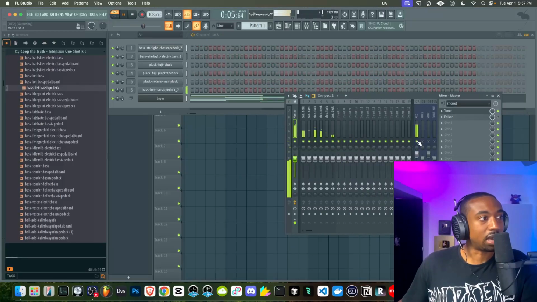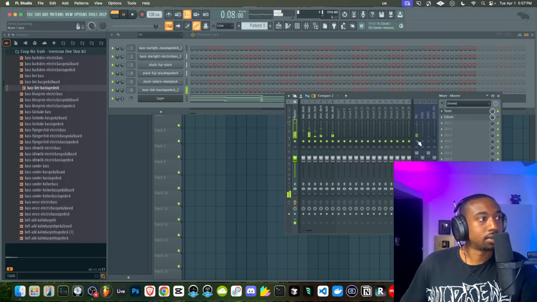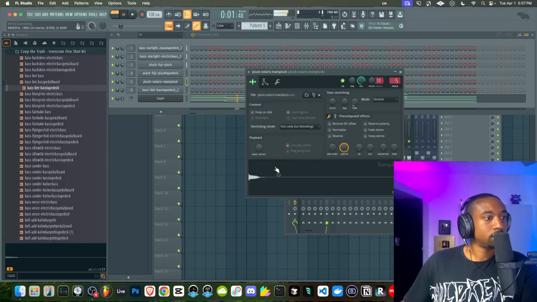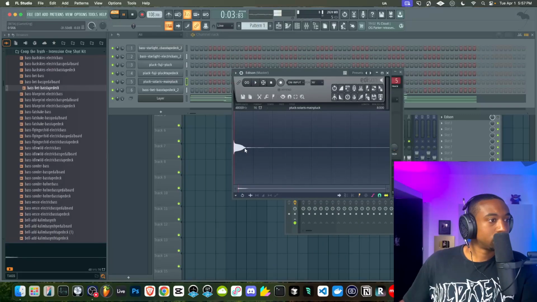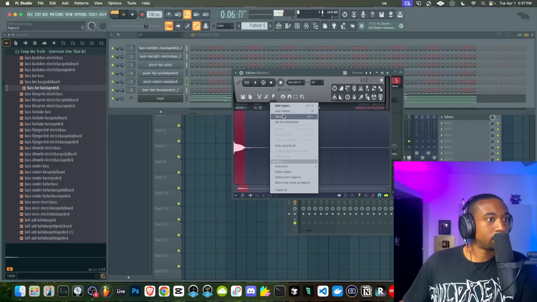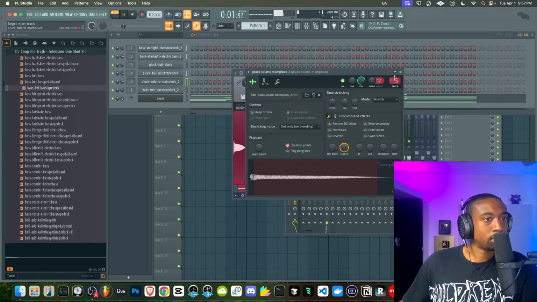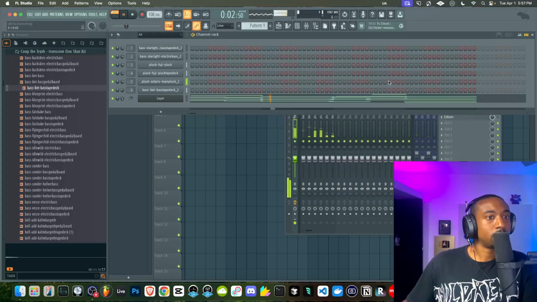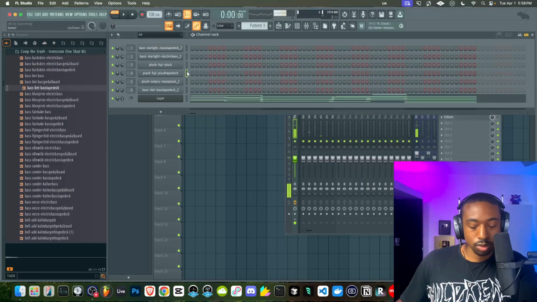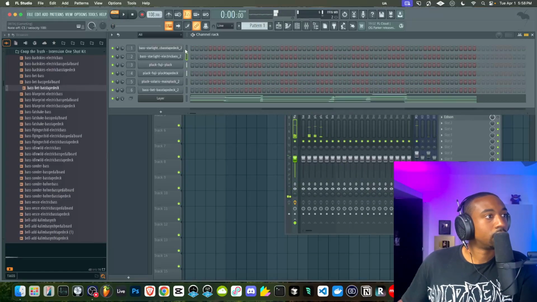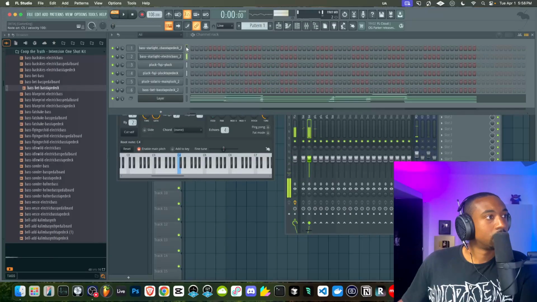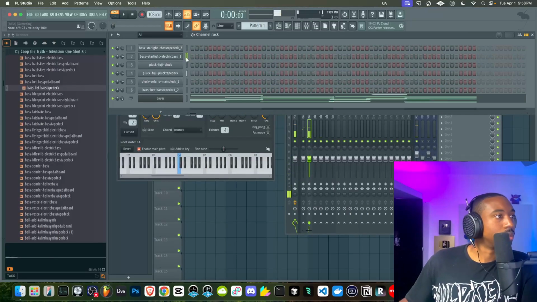So now we're going to add that forward back looping texture by looping all these one shots. One of these notes is like, I can't figure out which note it is. I think it's this one. It's so hard to tell.